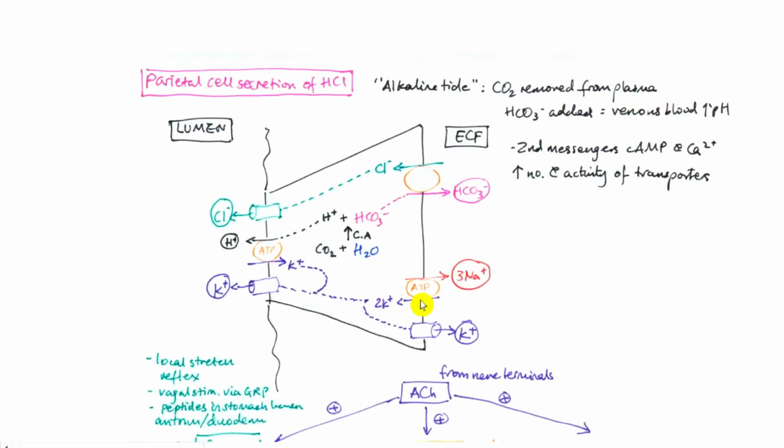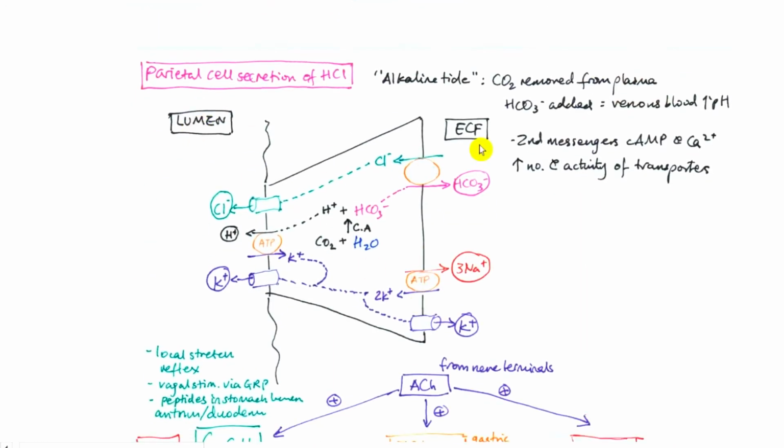So this is the lumen, and this is the extracellular fluid, which goes into the blood. So we have our ATPase pump, as always, 3 sodiums out and 2 potassiums in. Then the potassium goes out in both directions through channels. There's an ATPase pump on the luminal side as well, which trades the hydrogen ions for potassium ions. And these hydrogen ions come from carbon dioxide and water inside the parietal cell,